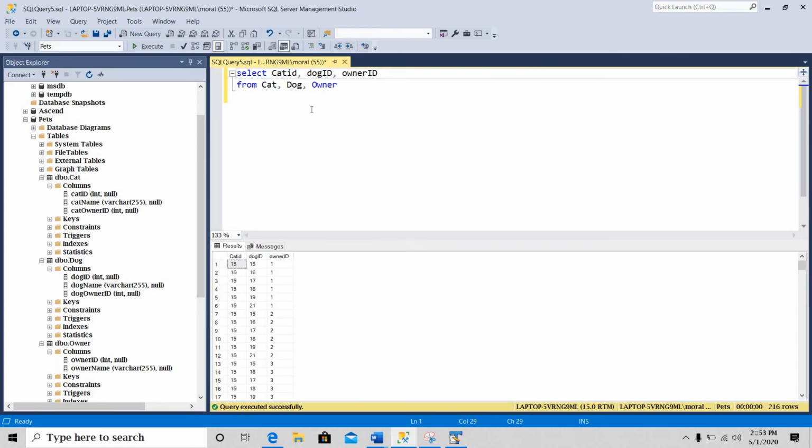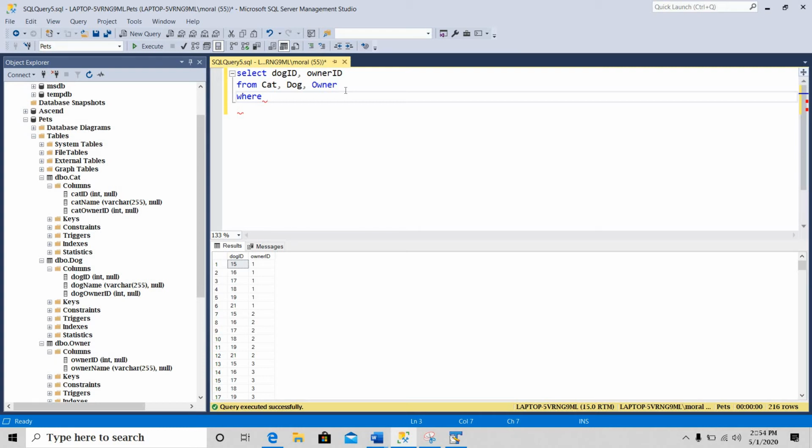See, even though everything was selected, multiple tables were selected in the from statement, we can select just cat ID, we can just select dog ID. Even though the from table includes it, we're narrowing it down to the specific column. So if you want to narrow it down even more, now we get into the where statement, where